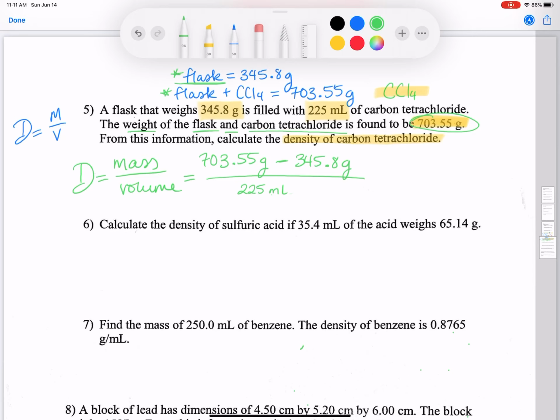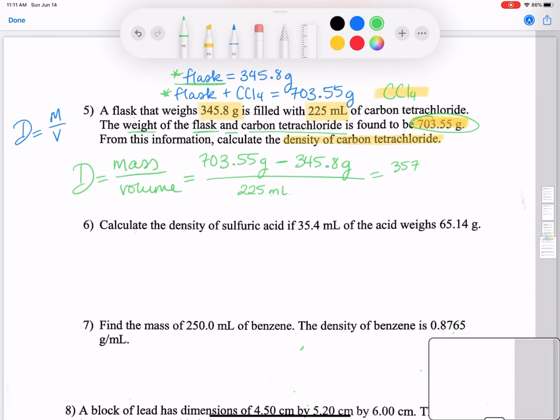If you go to your calculator and clear out your numerator, 703.55 grams minus 345.8 grams, that's going to now give you 357.75 grams. Your denominator is still the same. It's still just 225 milliliters. If you again clear this out in your calculator and you get rid of your fraction, you do 357.75 divided by 225 milliliters, you're then left with a calculation answer of